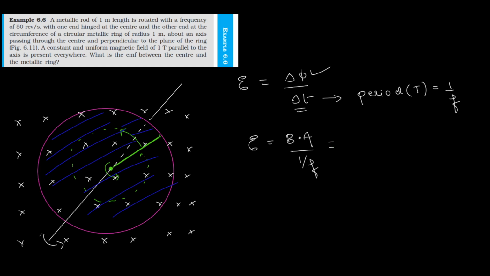Now the only thing you're left with is to calculate the remaining part of it. So I'll just simplify the magnetic field into area. Actually I can write it as pi r squared. R itself is nothing but the length of the rod. 1 by f, I can write as f gets multiplied here itself. Fine. So induced EMF is going to be equal to,